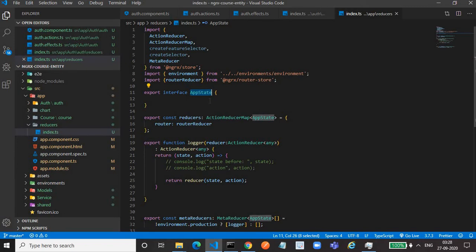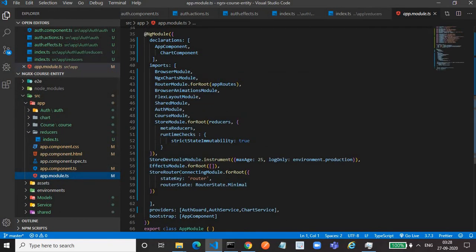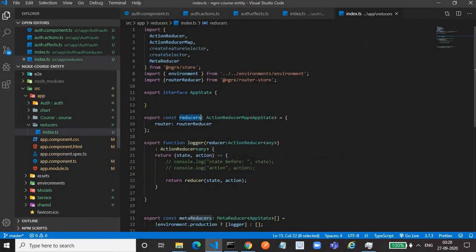And this is how it is related to the app module: it has a reducer, and this reducer we have defined in the app module. If you see, we have defined StoreModule.forRoot(reducer). So this reducer is in charge of this global state, app_state. That's why app_state is the global state.